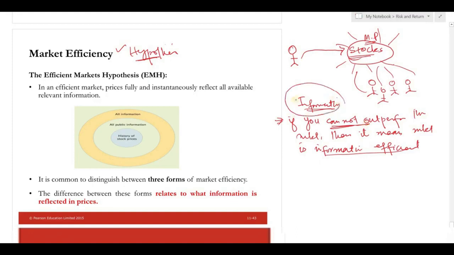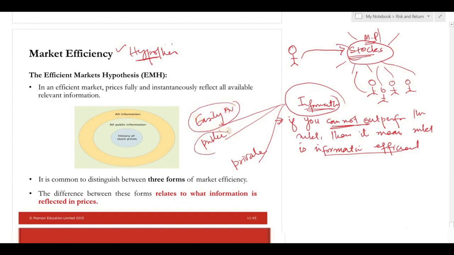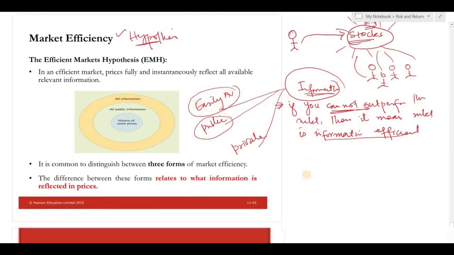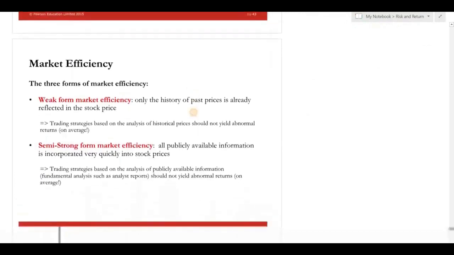Now, because information has different levels, some information is very easily available, some requires some effort, and that is public information, and some is private information. So we need to see what kind of information we are looking at. There are three forms of information, so based on information, we can divide market efficiency into three types. Number one,